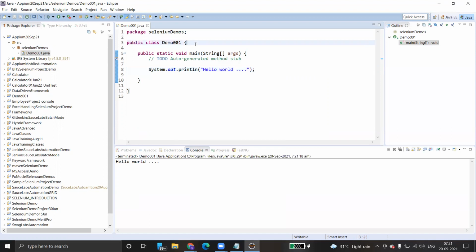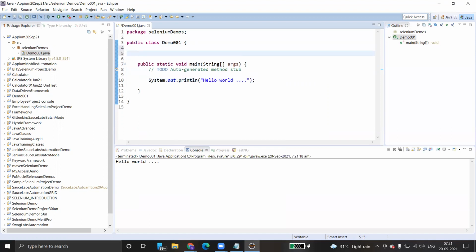How do you create? First of all, since we need to connect to the Selenium server, we have to instantiate the Selenium server instance. So you can simply say WebDriver. Inside this, driver.get of www.google.com. Get is a method to navigate to that particular URL. Clear? So before that, we have to instantiate the Chrome driver.